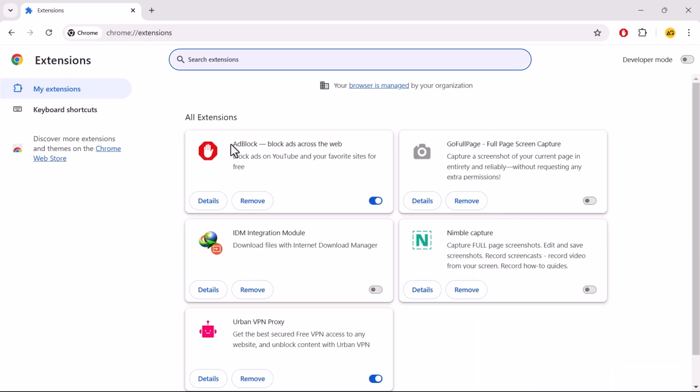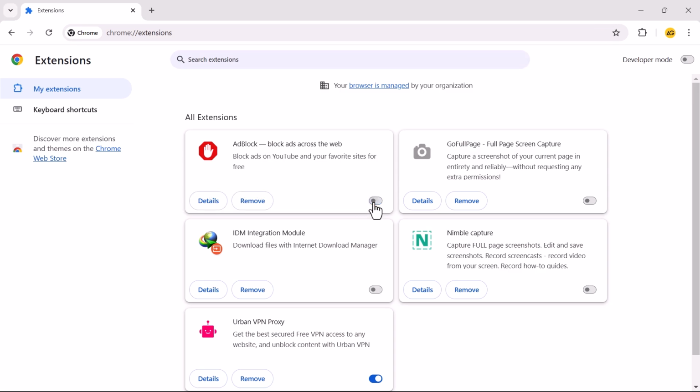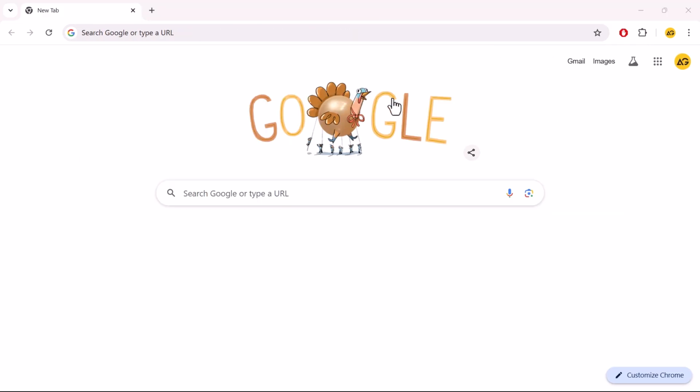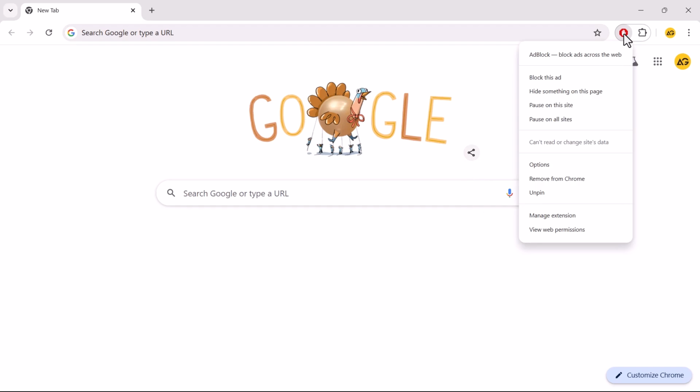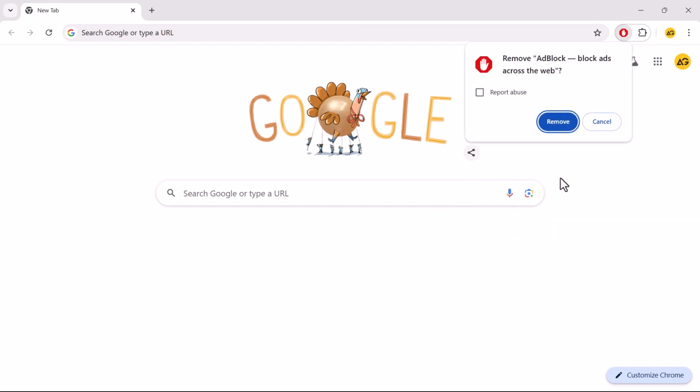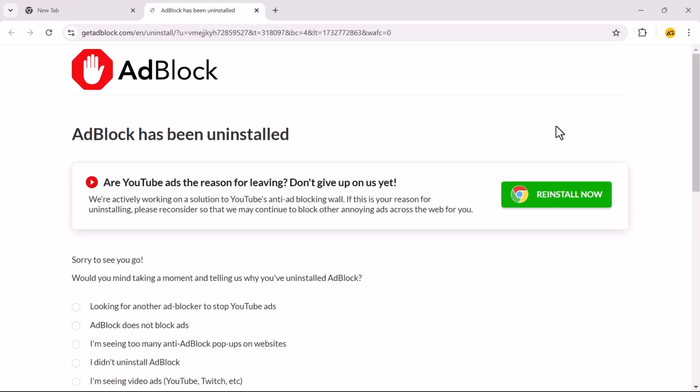Look for the ad blocker extension you want to disable. Toggle off the extension by clicking the switch next to it. Or click the Remove button to uninstall it completely. Alternatively, if you see the ad blocker icon in your toolbar, right-click on the extension icon and select Remove from Chrome. By following these steps, you can effectively manage your ad blocking settings in Google Chrome, whether you're dealing with